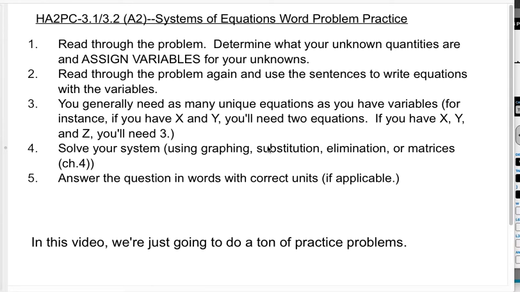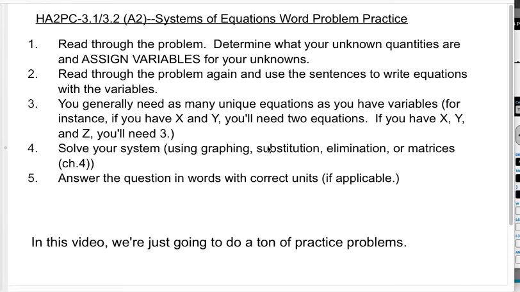I know that when you open your math book or you open a test and you turn and see a paragraph of writing, we all have a bit of a panic attack, and part of my job is to try and teach you how to get through that and calm down. So first thing you want to do is read through the problem to determine your unknown quantities and assign variables for your unknowns. Then you want to read through again and use the sentences to write equations with the variables